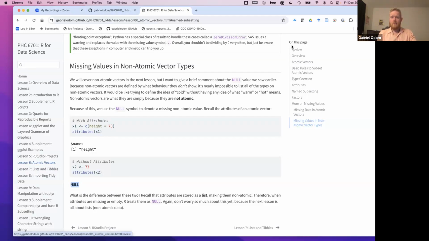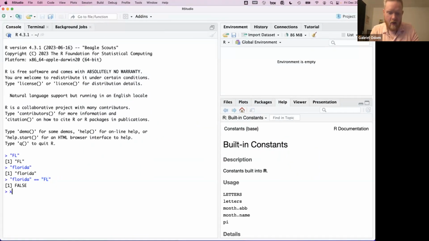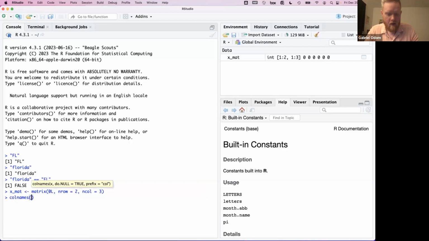So if you remember, we gave an example where we had a matrix with 2 rows and 3 columns, and we assigned column names to that matrix. And then when we looked at the structure of it, it said that the row names were NULL. So we can go back to this. We can say, okay, so xmat is a matrix, and I'm going to make it integers. So I'm adding the L to make it a matrix of integers, where the number of rows is equal to 2 and the number of columns is equal to 3. And then the colnames of xmat are going to be, let's go easy. This is just going to be letters, the first 3 letters. So 1 to 3. And then if I do the structure of xmat,